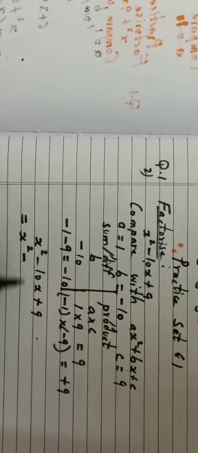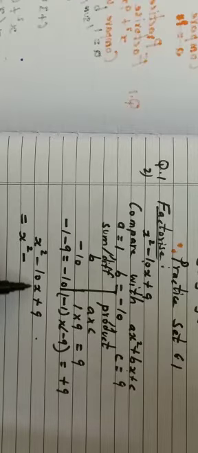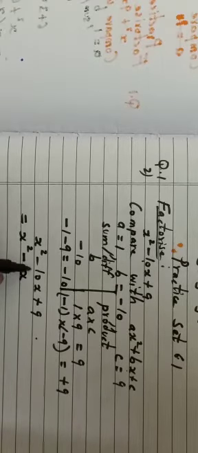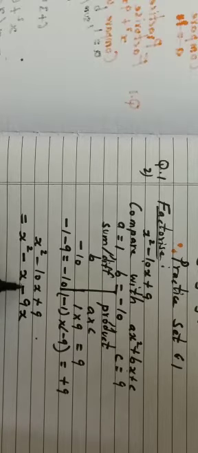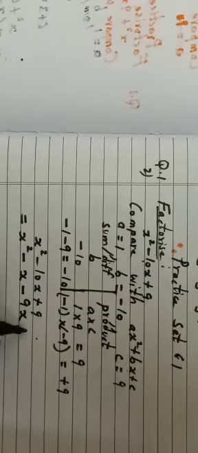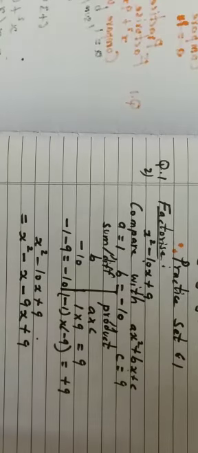So minus 10x will be what? You will be taking the variable also. The variable will also be considered, minus x. Now no need to write minus 1x. If you want you can write it, but it is not necessary. Minus 9x. Same sign, add and put the same sign. So x square minus 1x minus 9x plus 9.